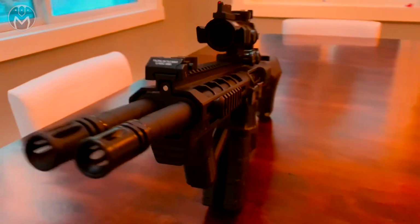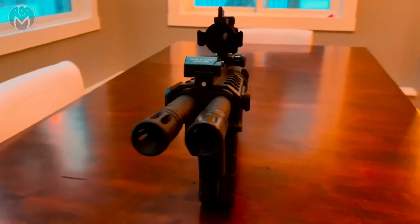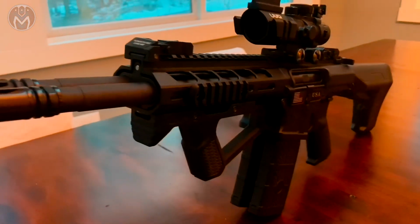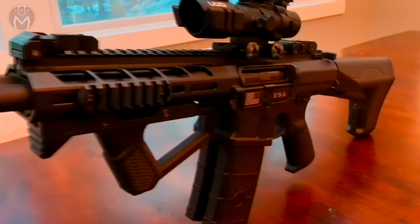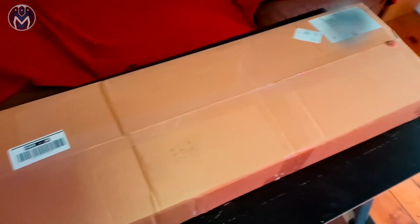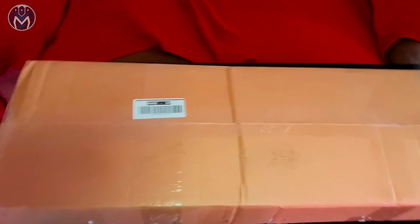And today we are going to be reviewing the Classic Army DT-4 double-barreled M4. Now, I had this beast pre-ordered from Airsoft GI for over 7 months, so you could imagine my excitement when